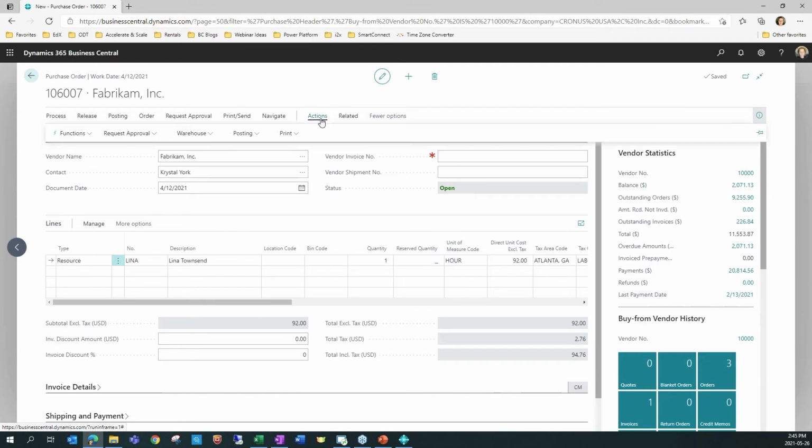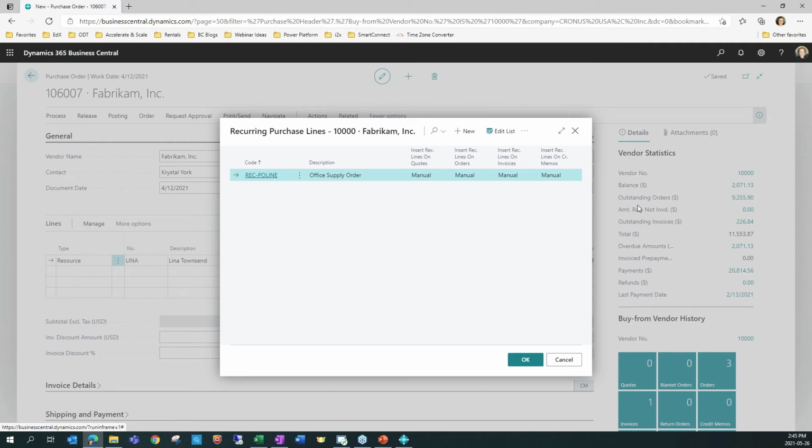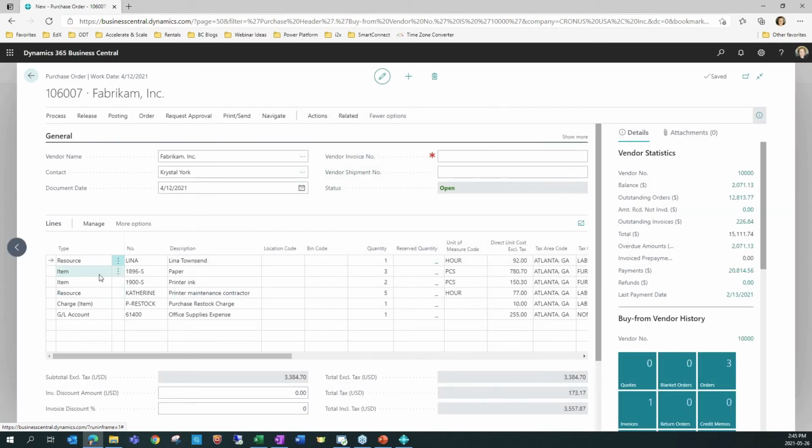So under my actions, my functions, I get recurring purchase lines. So these can be configured in advance, or I could configure new ones on the fly. I will select these ones. And you'll see that I have items, resources, charges, GL accounts that were added with quantities and with their respective